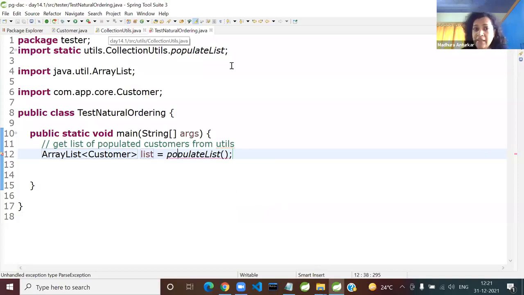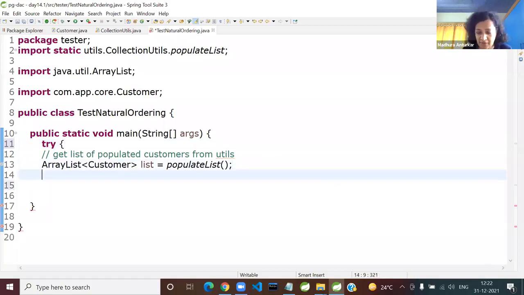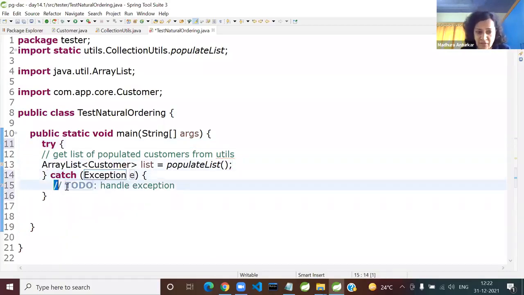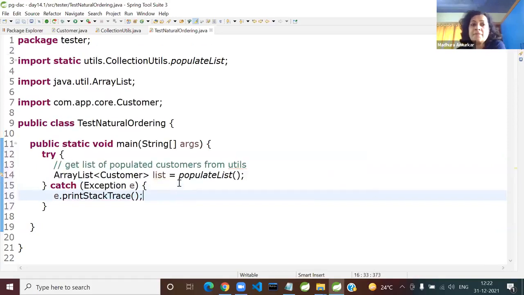Here we had delegated, now here we will handle. Currently I'm not opening scanner, so a simple try and catch all block will suffice. Say catch all, and in case of any errors, since we are still debugging, print stack trace. I'll wait here till you catch up.